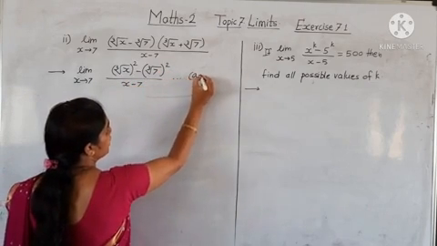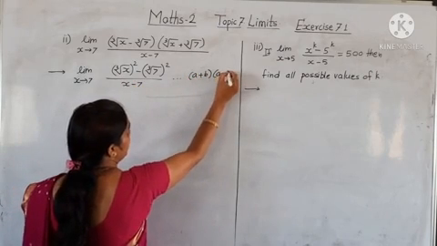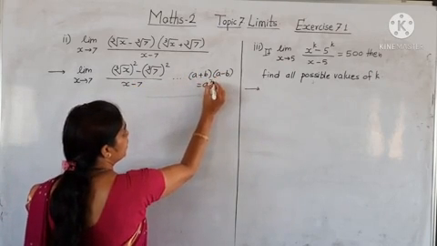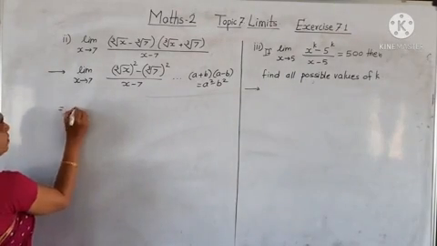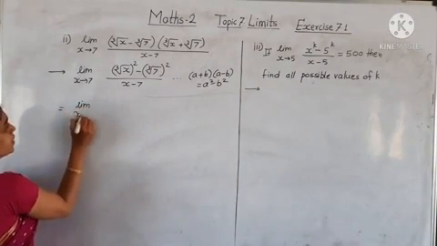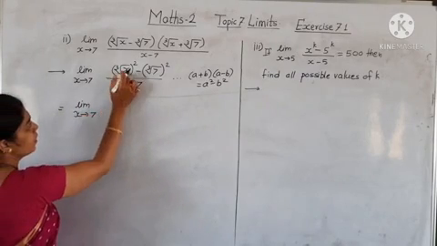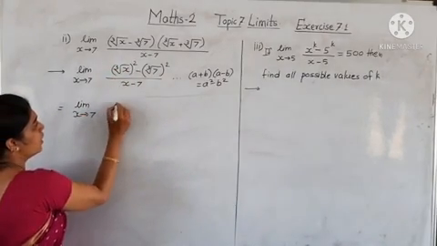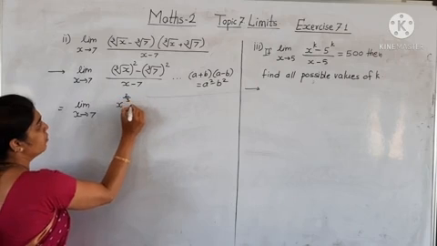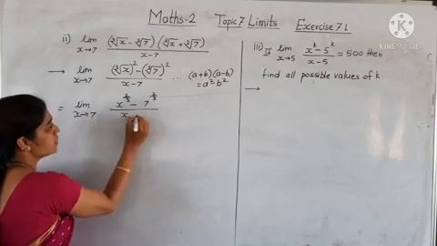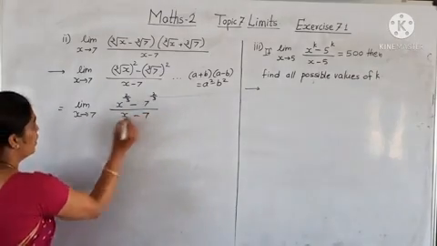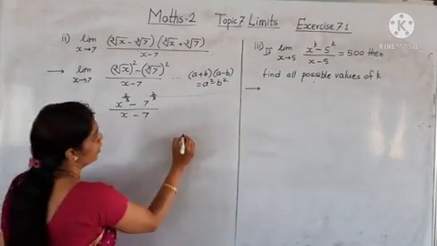Why? Because a plus b into a minus b is equal to a square minus b square. So further simplify. Limit x tends to 7, this means x raised to 2 upon 3 minus 7 raised to 2 upon 3 upon x minus 7. Now observe this is of the form